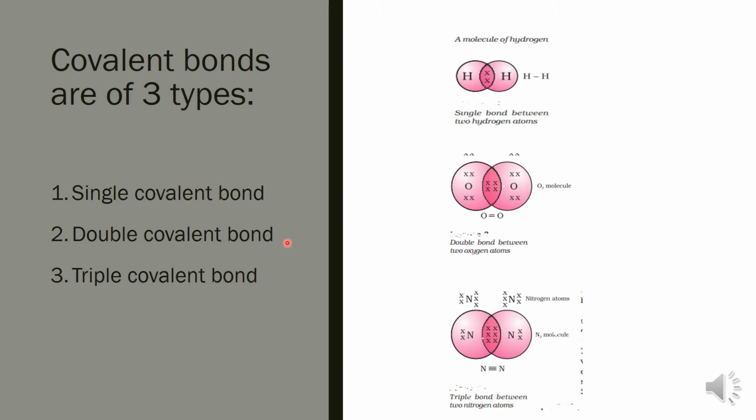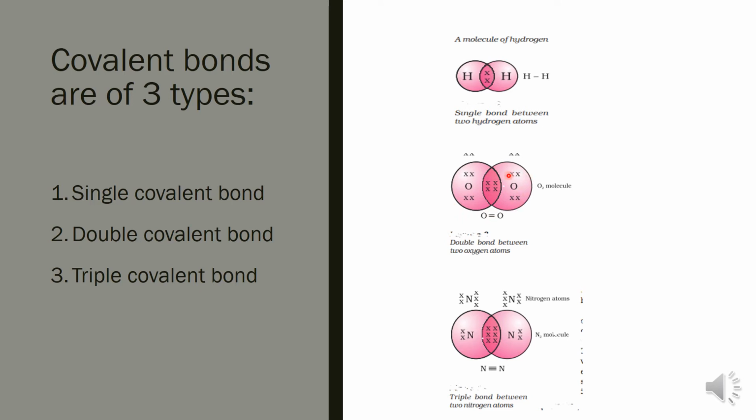If two atoms agree to share two electrons from both sides, in total 4 electrons are shared between the two atoms. I can say that a double covalent bond is formed by the sharing of 4 electrons between two atoms, and each atom contributes 2 electrons for sharing. Now children, see here carefully. Oxygen has 6 electrons, 1, 2, 3, 4, 5, 6, in its outermost shell.